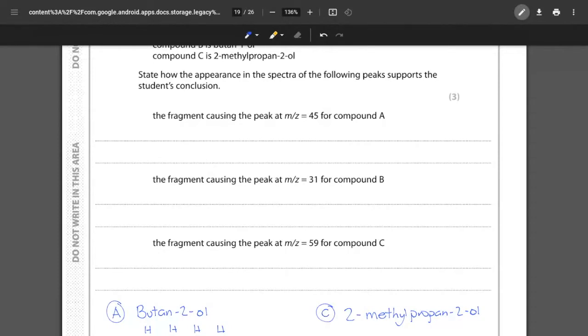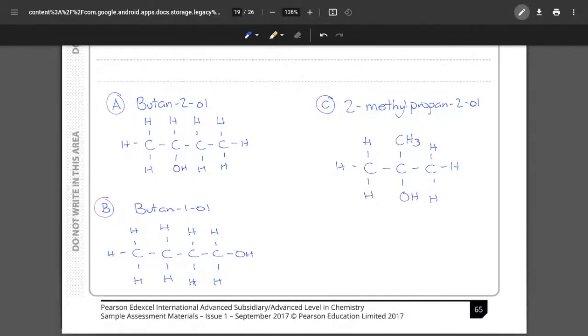So for compound A, we have got a fragment causing a peak at mass to charge ratio of 45. So what you have to do is take your butan-2-ol and see where can I break it in order to get a mass to charge ratio of 45. And we assume that these are all 1 positive. So in reality, you're just breaking down the molecule and counting what has a mass of 45. And I can do that by breaking the middle 2 carbons and having this fragment here. The 2 carbons, the OH, and the other 4 hydrogens are going to give me a mass to charge ratio